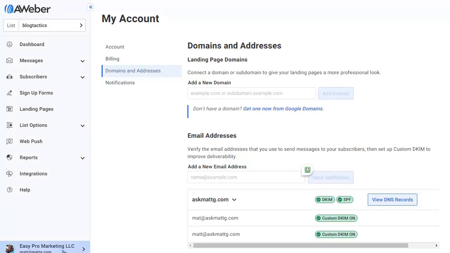You can find that by clicking on the link down here at the bottom, going to My Account, which is this page. You'll start off on the account part, so then click on domains and addresses and it'll bring up this page for you. Next, I'm going to pop my new email address that I'm going to use into this field here and click on Send Verification, which is going to send me an email that I then need to click on a link to confirm that I own that